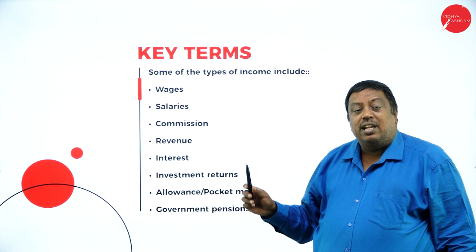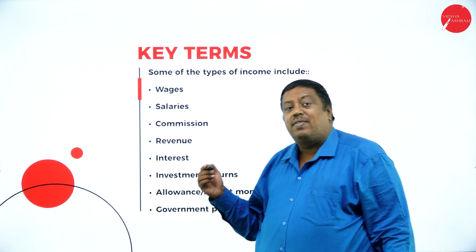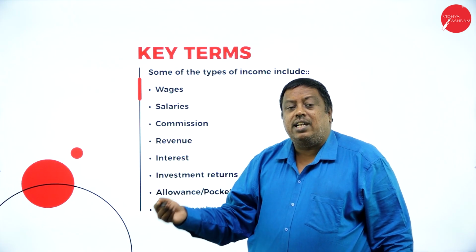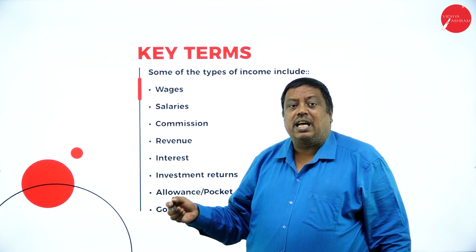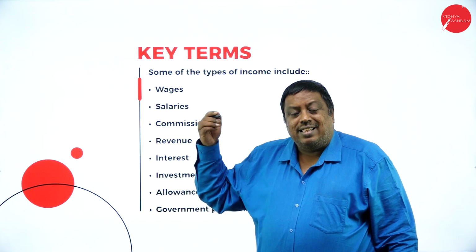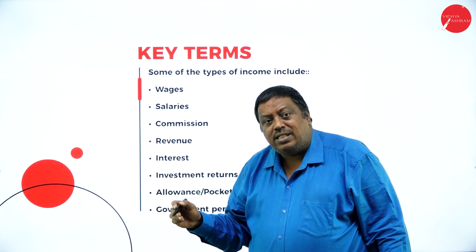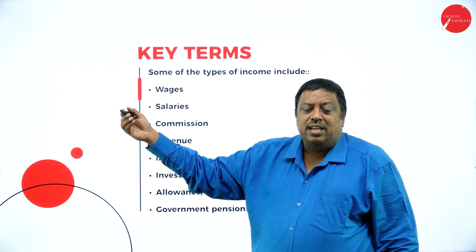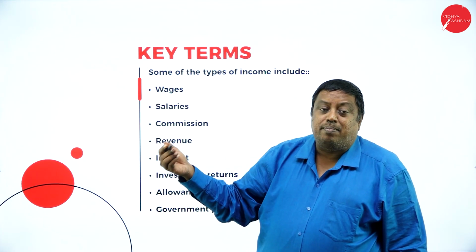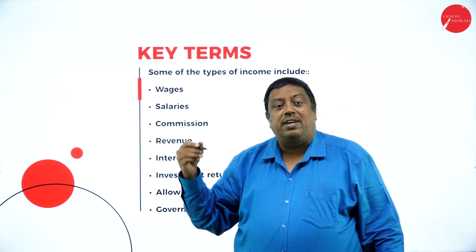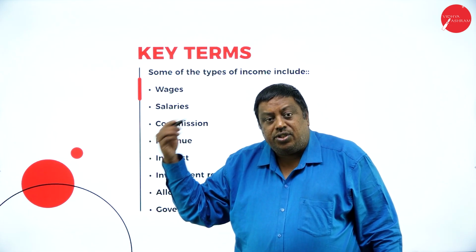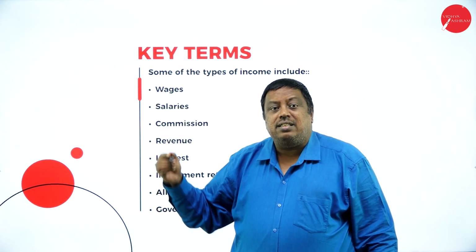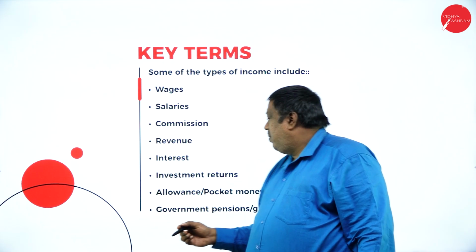Investment returns: I have invested an amount in a business, where I've invested 5 lakhs, and in 1 month I have received at least 20,000 as benefit. That is an income for me. Or I have invested some amount in shares, debentures, bonds or mutual funds. When I sell them, or if I get some benefit, like for example I have invested in shares and I receive a dividend from the company, that is investment returns.